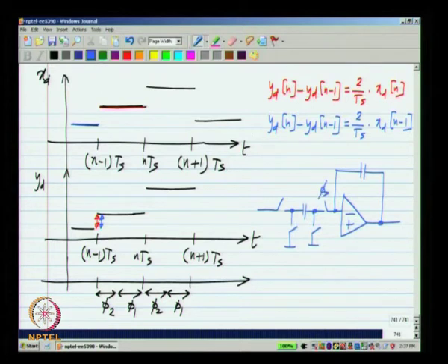If this switch is operated with phi 2, you know that if this switch is open, clearly the voltage across the capacitor C cannot change at all. It is when this switch is closed that some charge can flow into it and the voltage can be changed. Now, if I look at what I want to have here in blue, it means that when I close the switch phi 2, a certain amount of charge should flow and that charge should be related to whatever happened in the previous period. So, the capacitor should be charged to the previous sample voltage and not the present sample voltage, and that can be arranged by having switches like this.